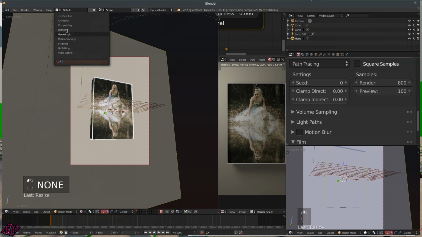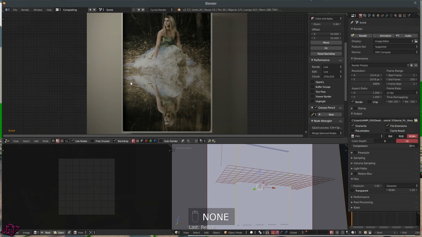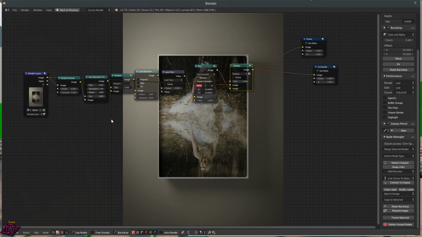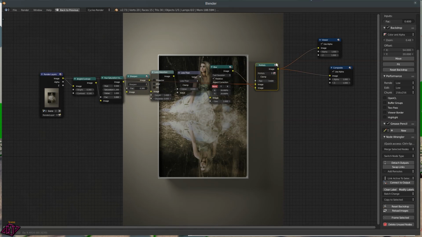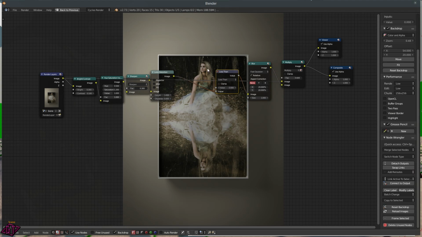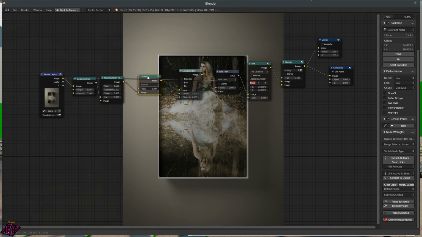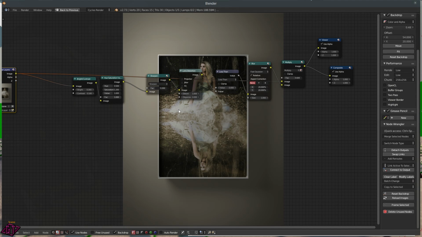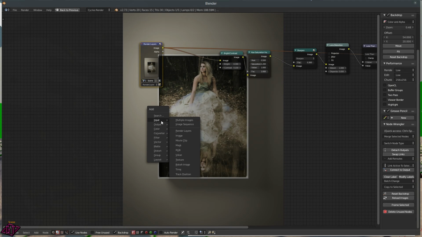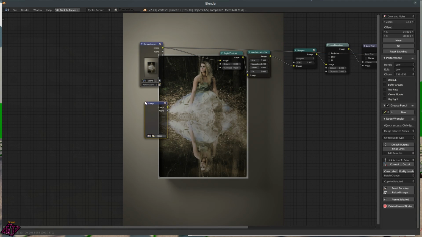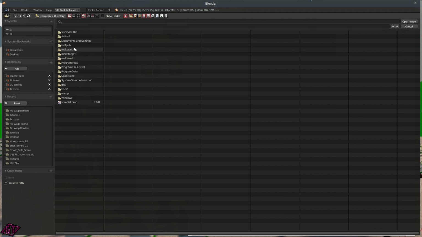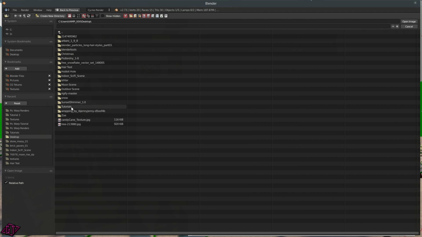And so I'm going to go back to compositing, and then I'm going to press Shift and then spacebar to come back to full screen. And now I'm going to show you how I did that background. So I'm going to go ahead and move this out over here, and I'm going to press Shift A, and then we are going to go to Input and Image. And remember, we saved this image out, so I'm going to go ahead and go to Open, and then go to where I have that image,